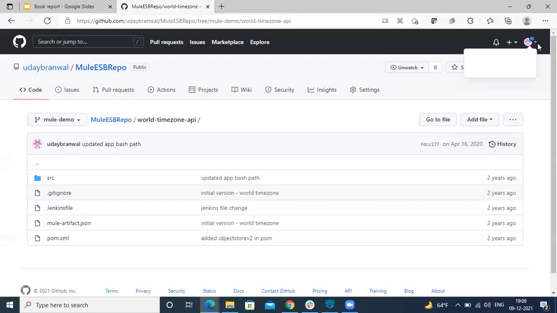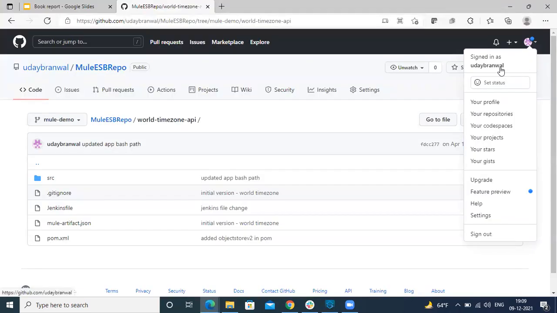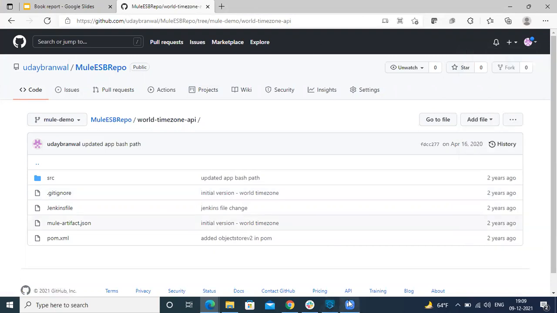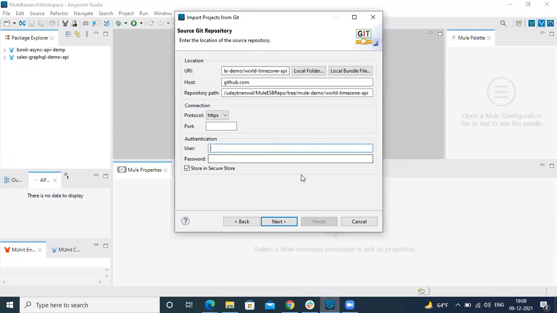I have a different user account. But before that, the most important thing is you can't directly use the Git user credentials like user ID and password to perform the Git operations from within AnyPoint Studio.